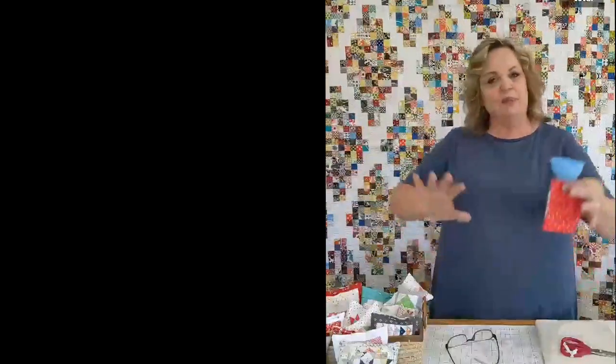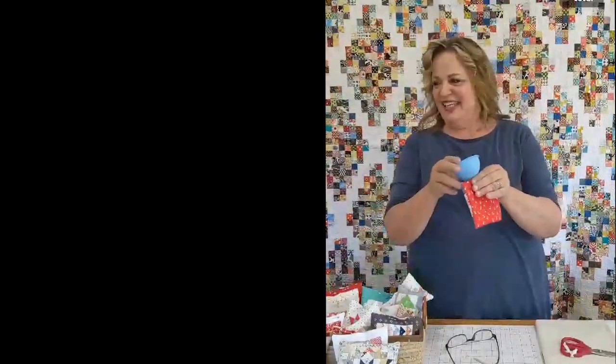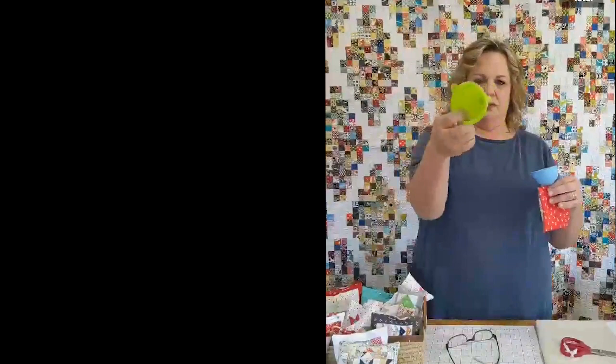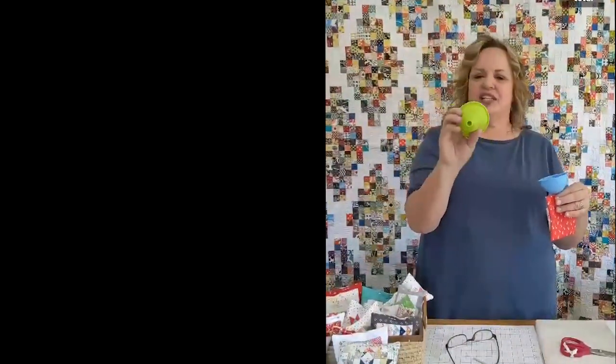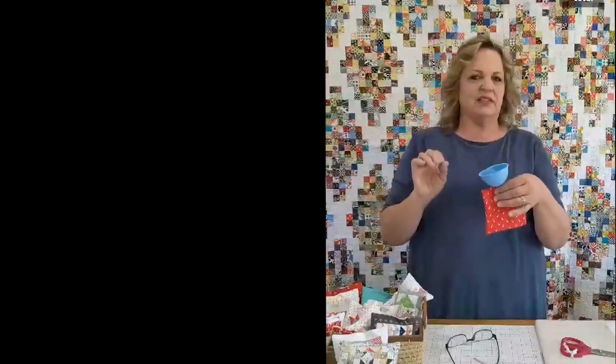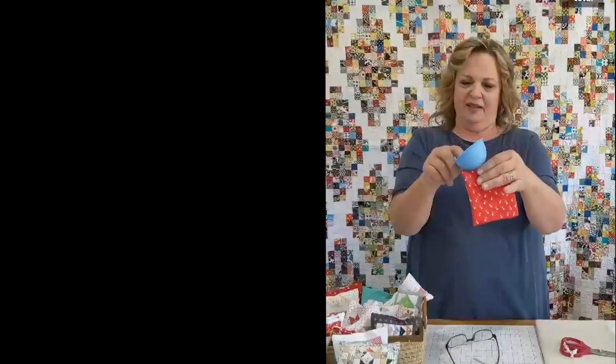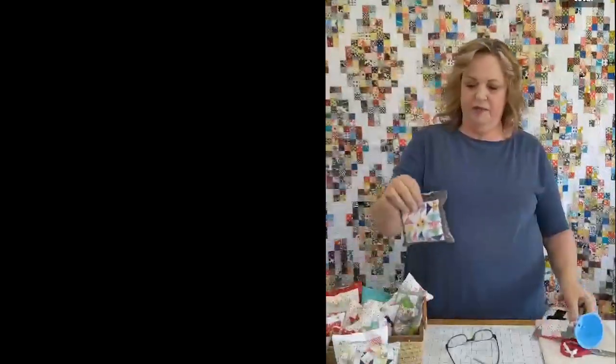So when I say Pincushion Party, it means the supplies you buy, you need to have a party because you're going to have enough for everybody to have pincushions. Oh, this is my little silicone one. Oh, we washed it. So it's got a nice big hole, and so this is what we used. Okay, so we're putting the silica sand or the crushed walnuts into the space that's between that lining and the backing. And I had him fill these up,